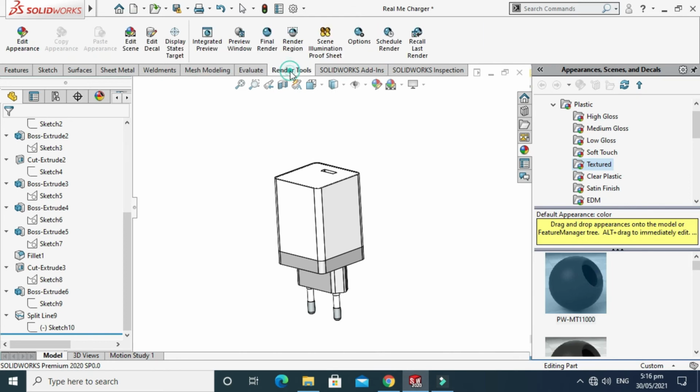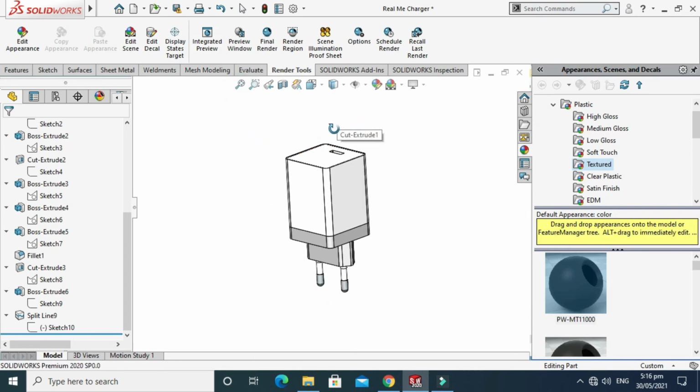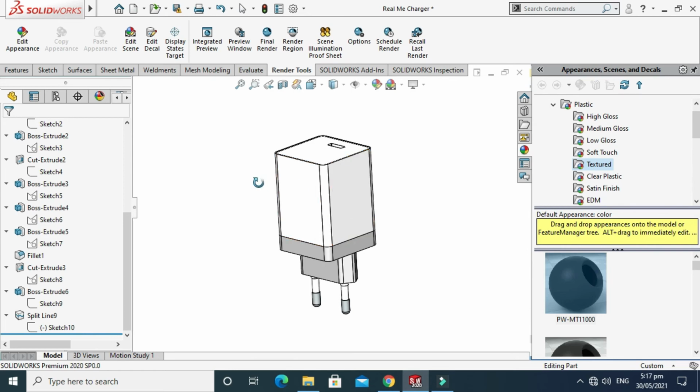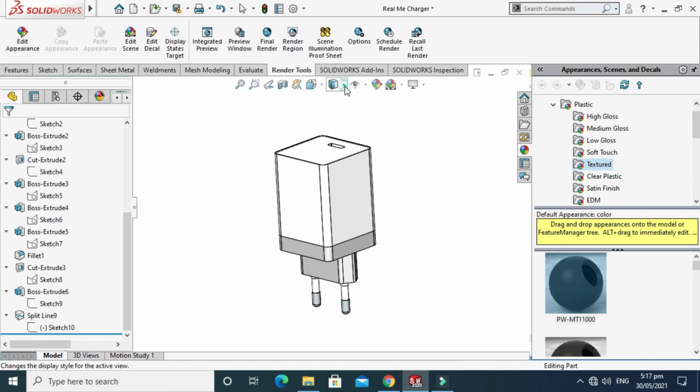Let's say I'll go to display style, just zoom to fit, and I'll go to display style, right? Just cancel it, and I'll go to render, last one, integrated preview, just select this.